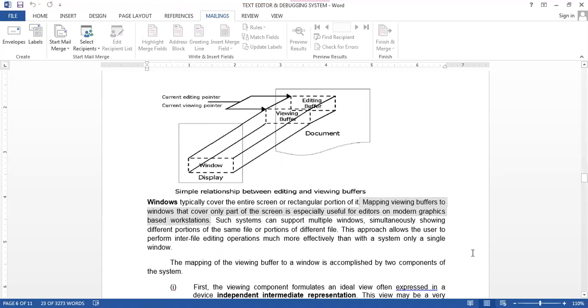What they are saying is that the window will cover our whole screen, but from the whole screen we select only a few parts of the document that we want to view, and that will be put in our viewing buffer. So if this is our whole window, in that we are only selecting this view buffer, and that will be mapped to that area of the window that should be viewed. So this is the concept.